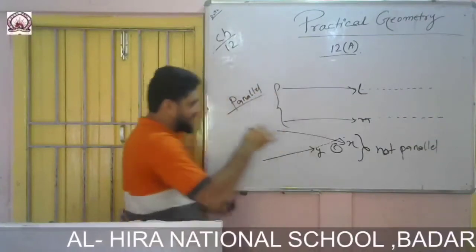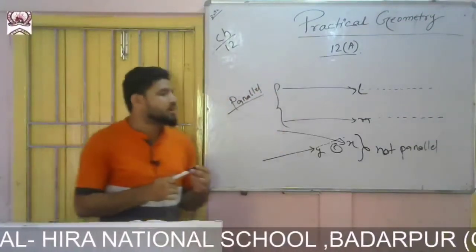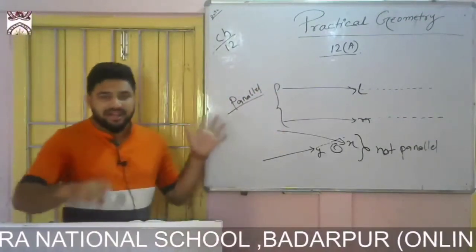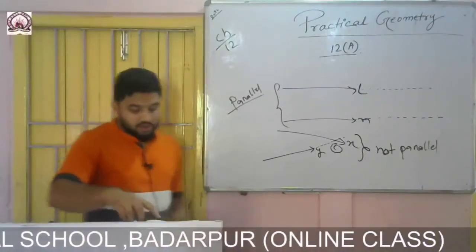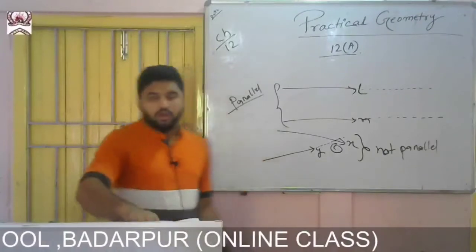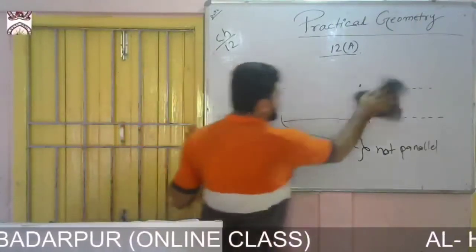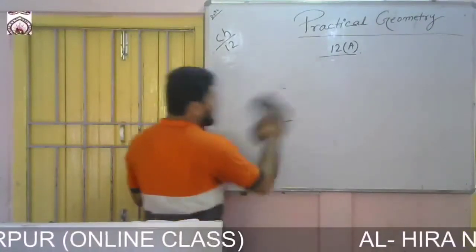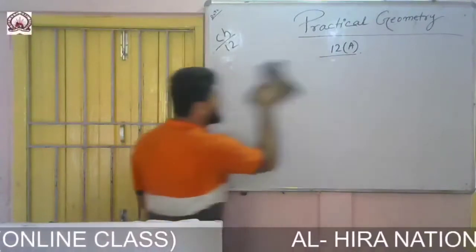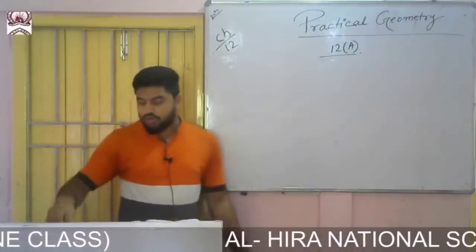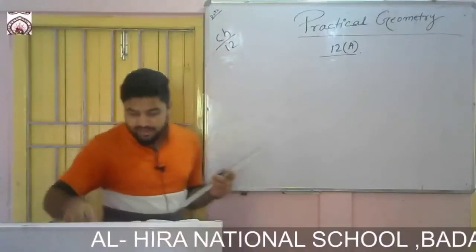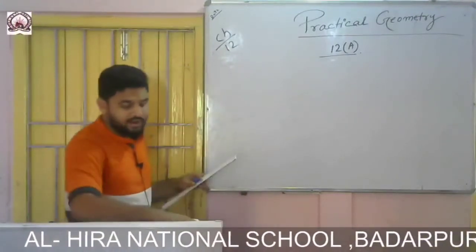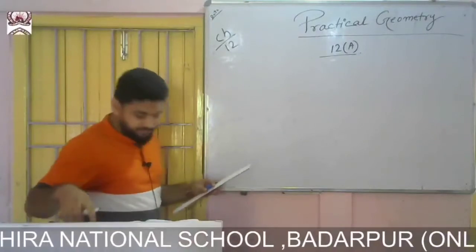Okay, so these are parallel lines. You are well known about the terms in class 6 also, and in earlier chapters, about parallel lines. So in the question it is said to draw a line segment AB. So first take your ruler and draw a line segment AB.